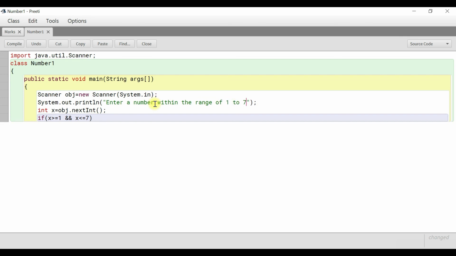This is the correct message. Now the condition: if x greater than or equal to 1 and x less than or equal to 7. If the condition is true, then only it should display the message correct, otherwise incorrect, else.